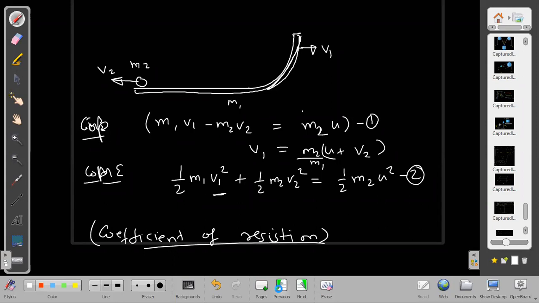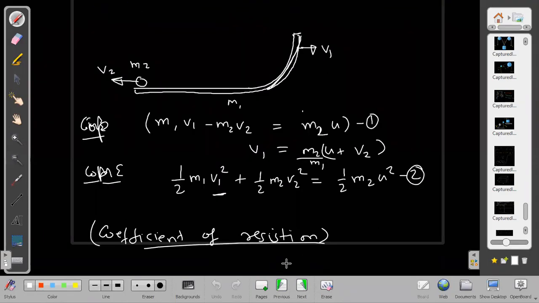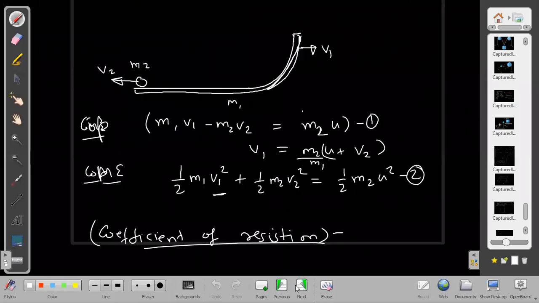This question, and I think the last question also, these both questions we can do very fast by using the coefficient of restitution method. The last question, otherwise, was also very fast. It was not tough. That is also good enough. But this method I will do by coefficient of restitution, not now, in the next week.